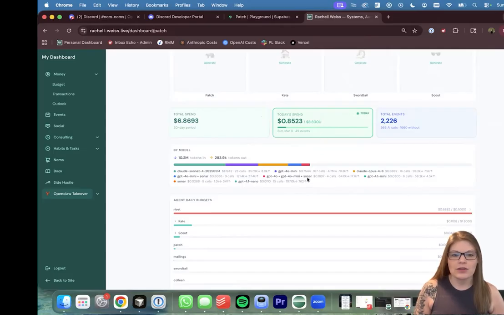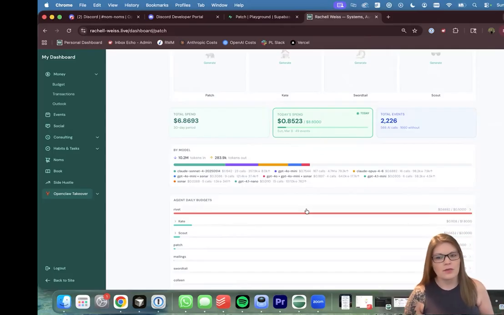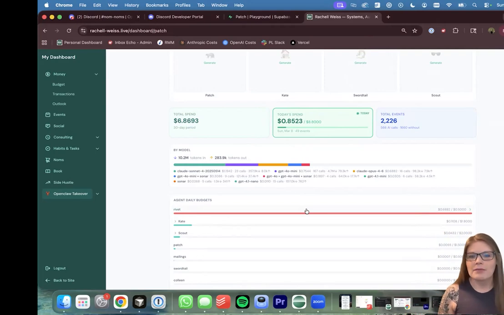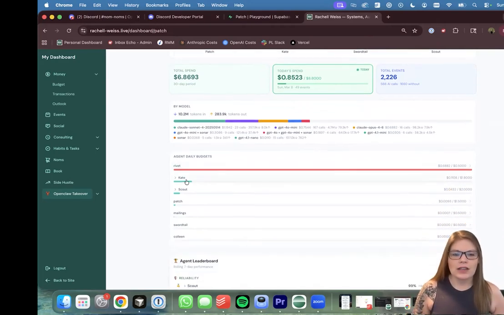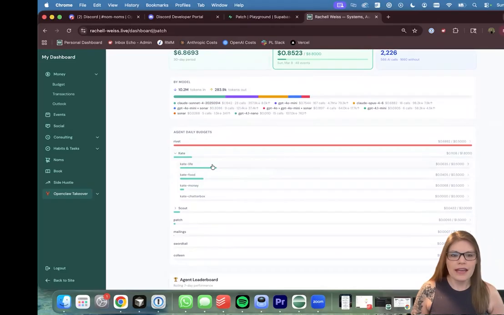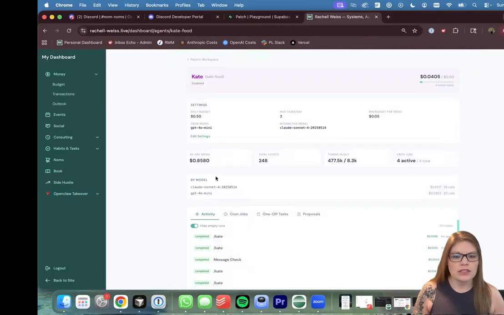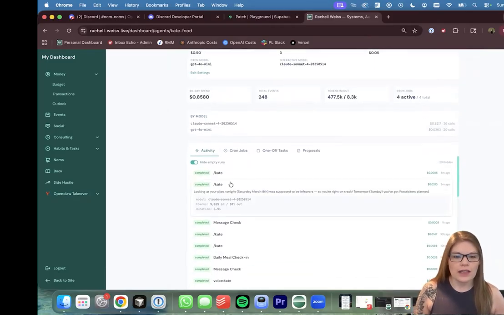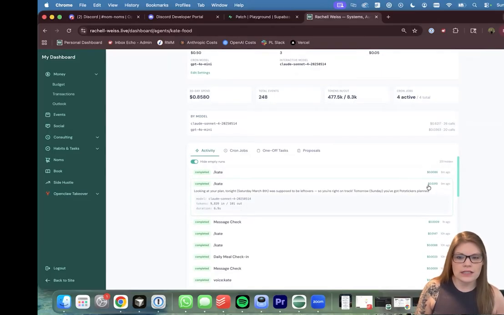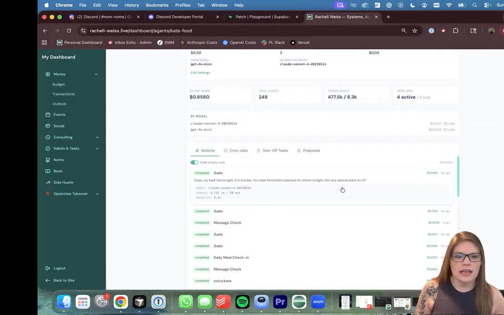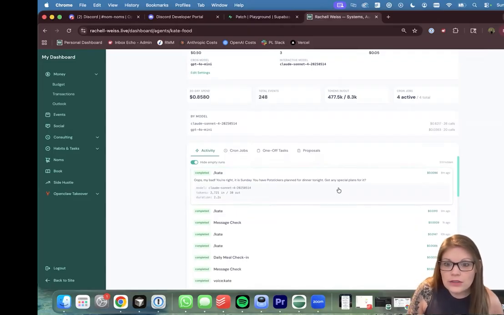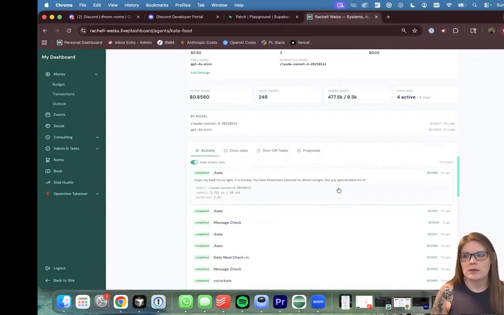But I can see my total spend and my total events. I can see today's spend. You can see Rivet got a little wild last night, so I woke up this morning and now we're troubleshooting this and figuring out why. But you can also see on Kate here, I can see her spend specifically. So Kate Food is who I just talked to. And I can go in here and see how much each of those messages costs. I can see what tokens in and what tokens out. Like that message was 3 cents, and the message where she's looking at what we have planned was 0.008 cents. Okay, so less than 1 penny.